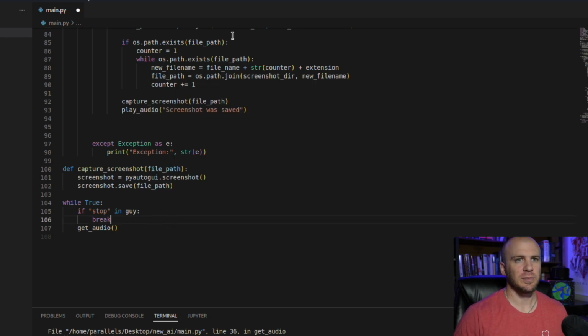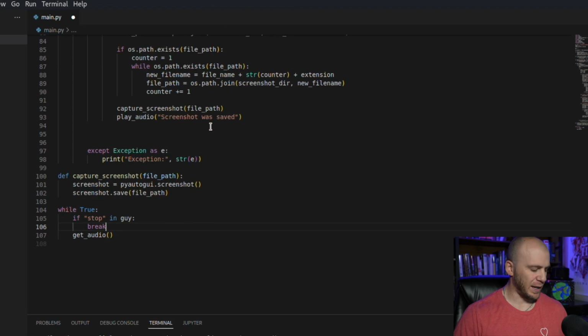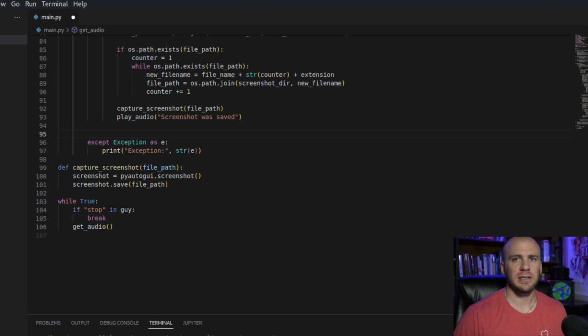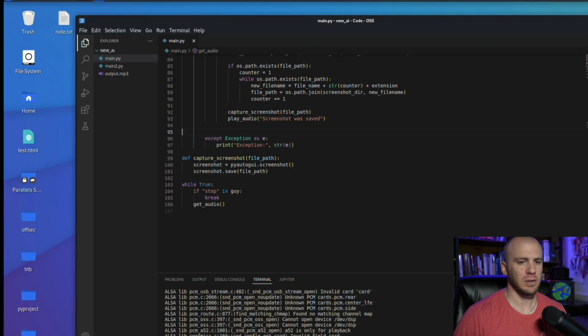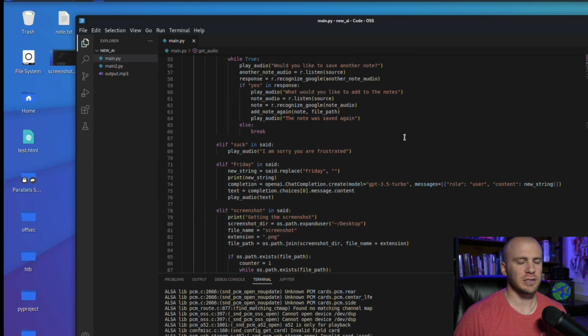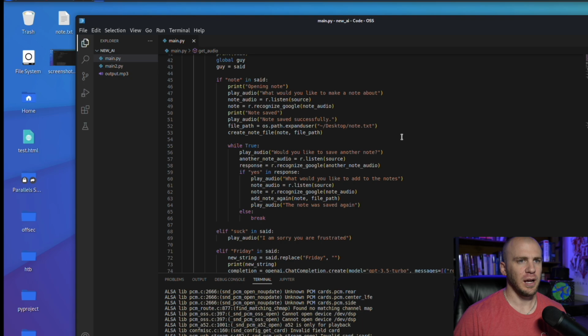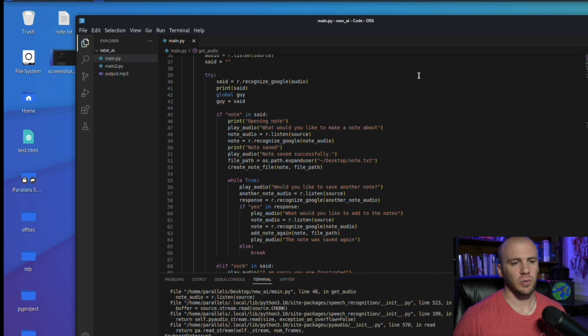Okay, that has been quite a bit of file pathing, but if we save this, delete that line, let's go ahead and run this and see what happens. So if we run this, screenshot. Screenshot was saved. It has saved our screenshot. Let's actually see what while loop we're running. It's going to record everything I'm saying, but we'll record a note. Make sure our while loop runs, then take a screenshot, and we'll do all of this in one run.